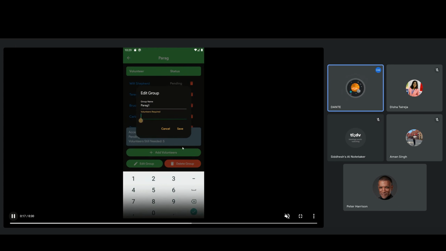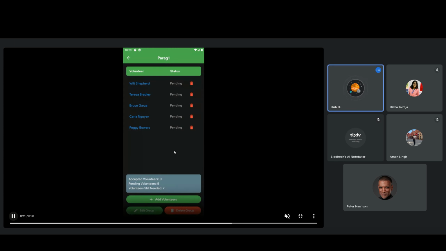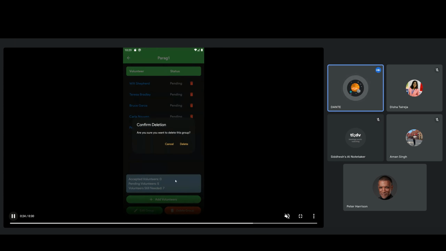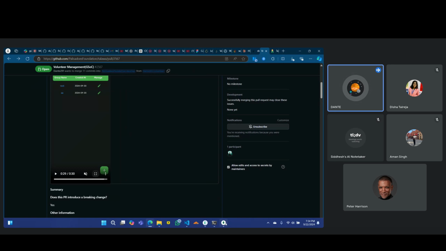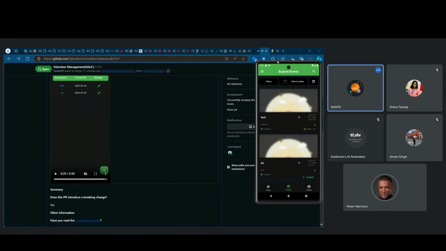This is the whole CRUD operations, like you can update and delete a volunteer, delete the group, and edit the group information. So this is what I concluded, and then I worked on